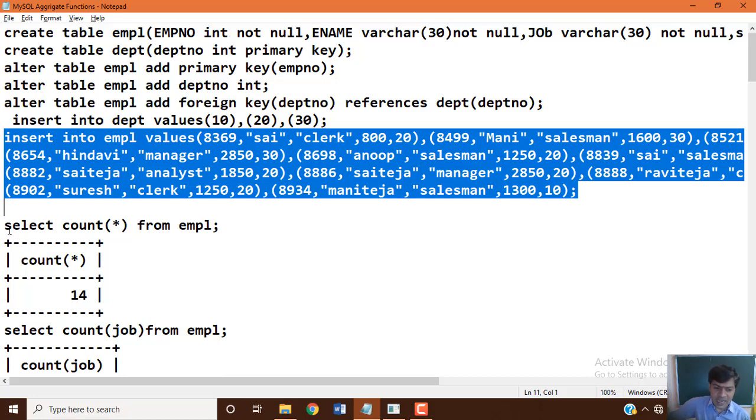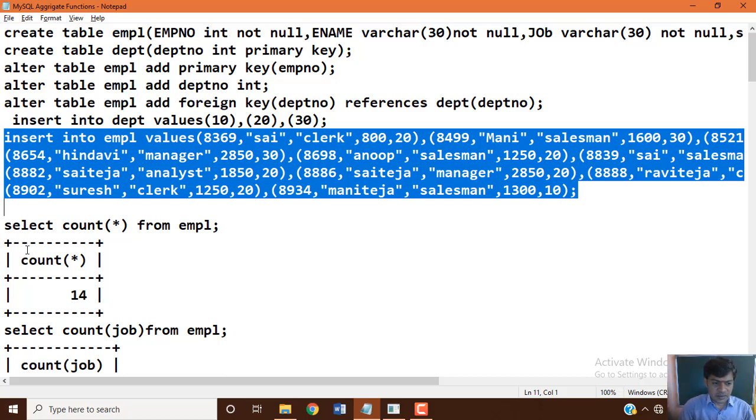If you specify the asterisk operator, this function returns all rows, including duplicates and null values. When I specify count of asterisk instead of distinct or all, this function will return including duplicate values and null values. Let's see now.